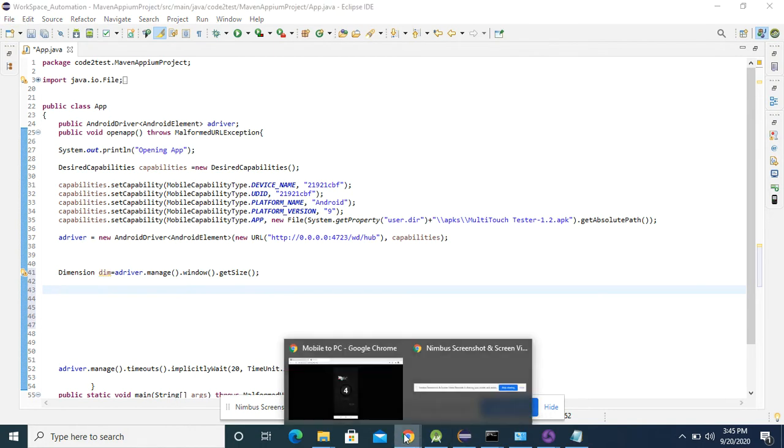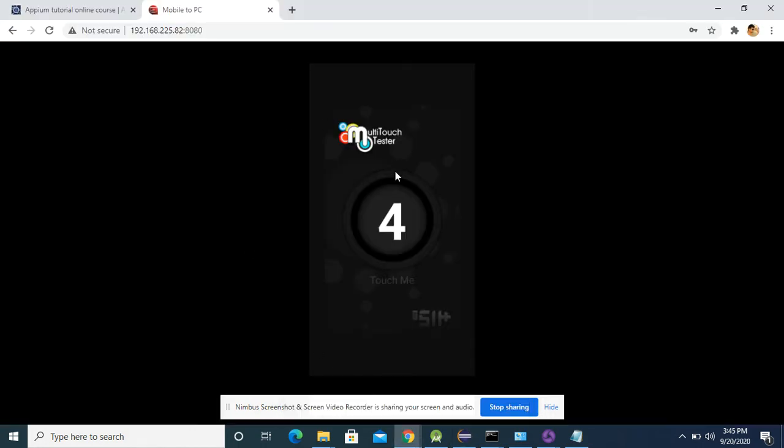First, I will perform more than one touch action, just taking the example of two touch actions. For the first touch, I'll take my coordinate from somewhere over here to this destination, and for the second touch, I'll point over here and move it somewhere over here.